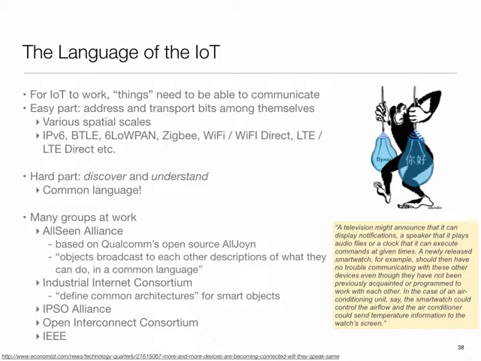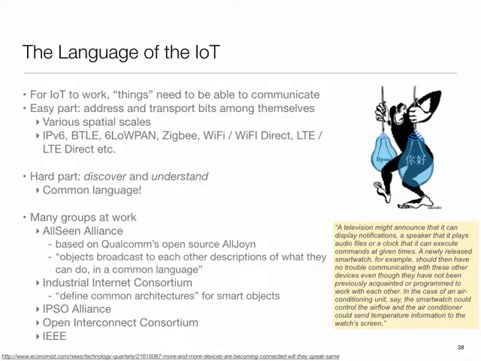But as often happens, not everyone necessarily buys into an alliance, so there are some competing efforts also. At the same time, there's something called the Industrial Internet Consortium, which is in the same space, something called IPSO, the Open Interconnect Consortium, and then finally IEEE, which is our main standardization body, which along with IETF on the software and networking side tends to play the dominant role in defining these standards. So these guys also have initiatives going on. A lot of stuff is happening right now in standardizing these things. Such efforts have happened previously also, but since the technology wasn't as widespread, they remained limited to a single domain.